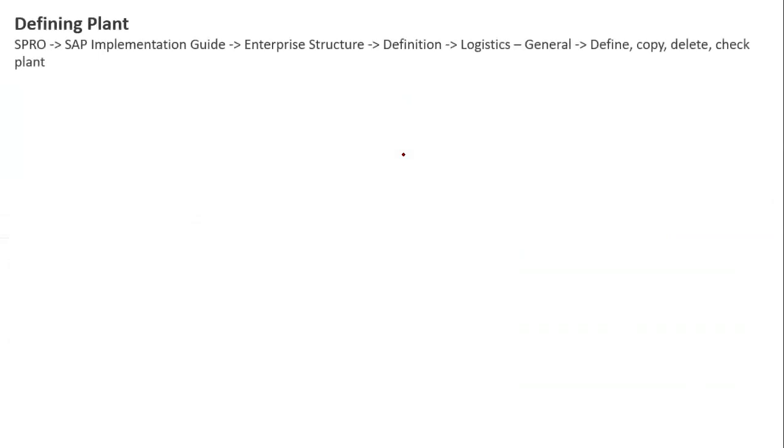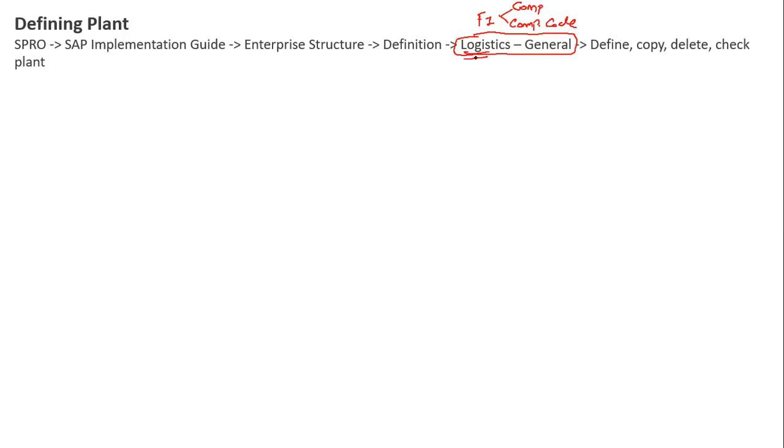Similarly, we define a plant. This plant is defined by the materials management consultant, so it comes under Logistics General. This is important: company and company code come under finance, but the plant is defined by the logistics consultant.